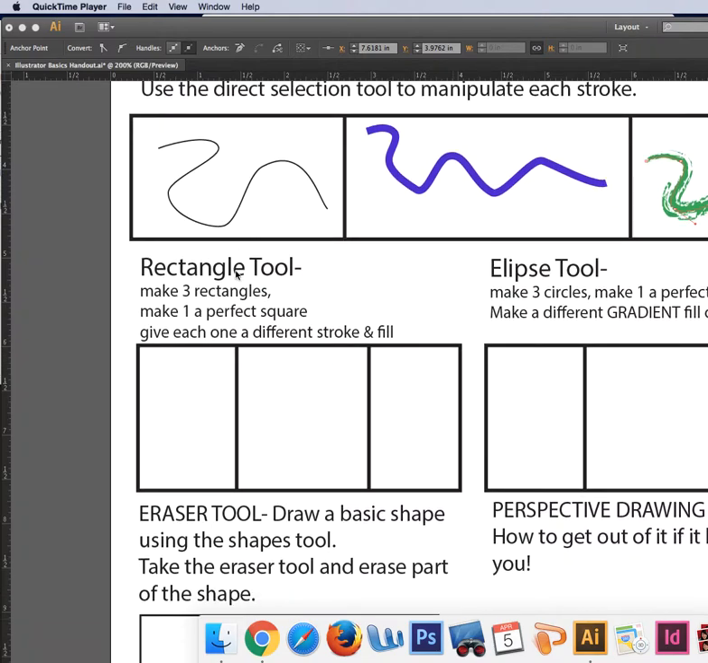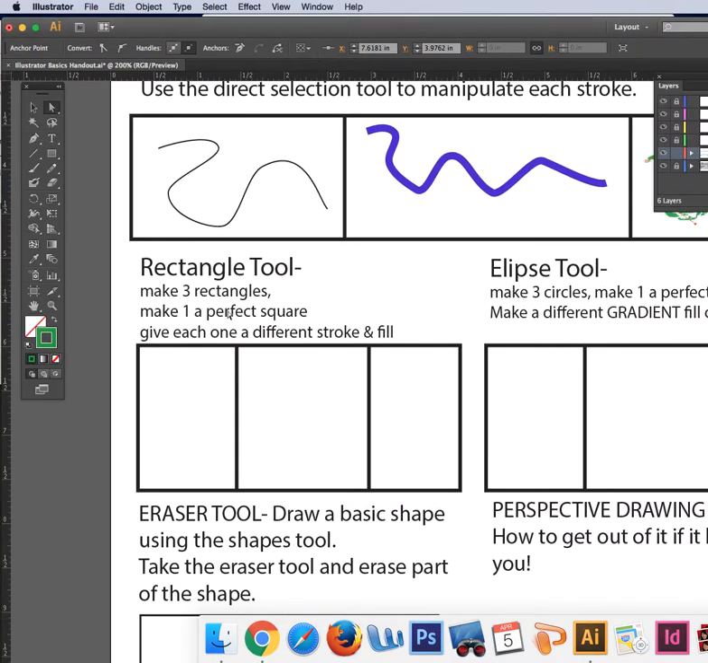Moving right along, working on the rectangle tool. So it says make 3 rectangles, make 1 perfect square of those 3 rectangles, and give each one a different stroke and fill. So stroke is, again, an outline. So just to show you, if I come over here right now and grab the rectangle tool, which